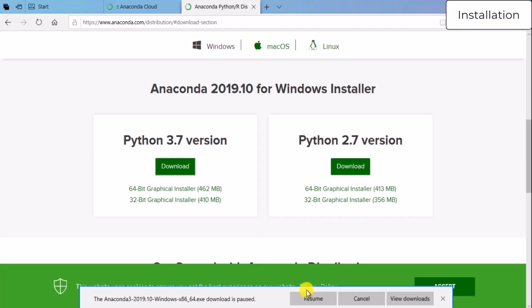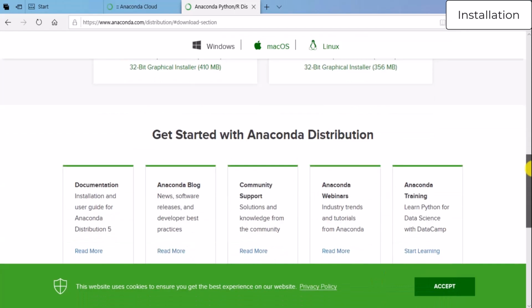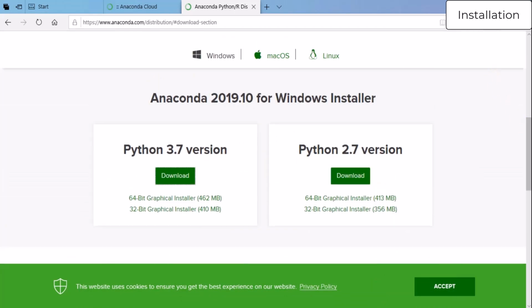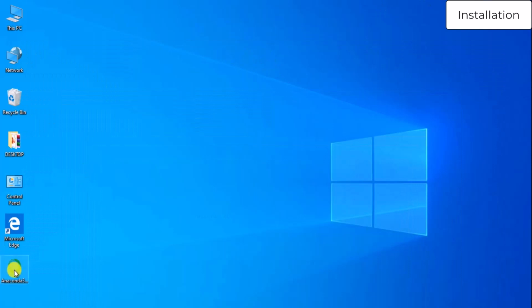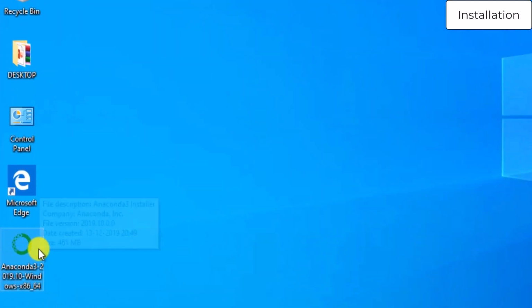I'm going to pause this because I have already downloaded this software. To download this software, it takes a few minutes. Okay. So once you download this software, this is the software which I have downloaded. Double click this